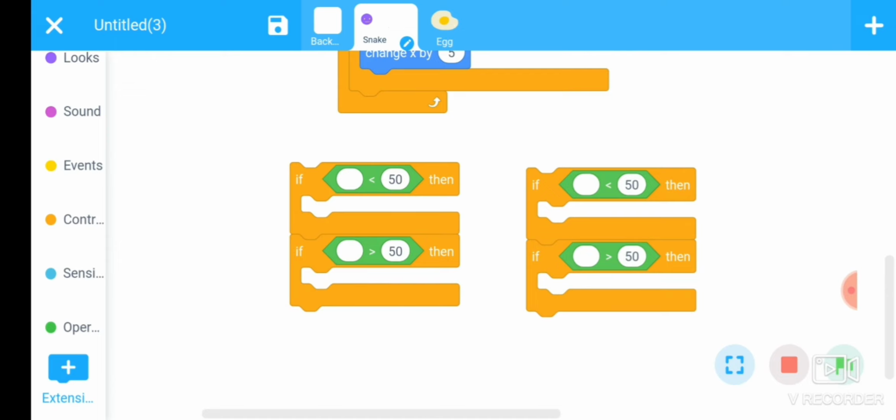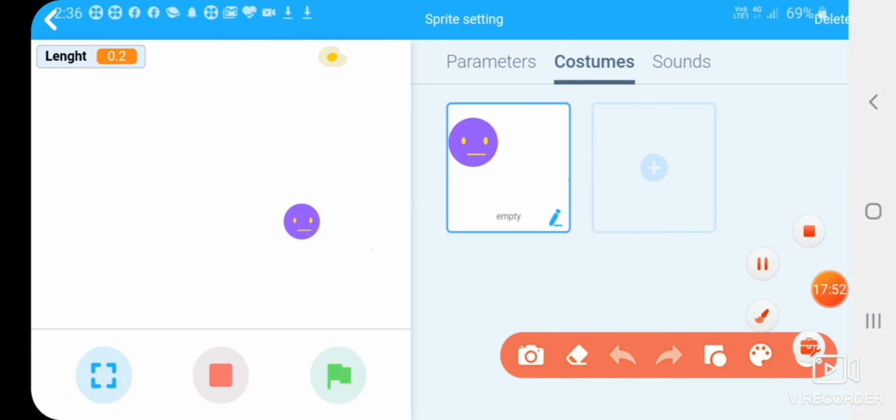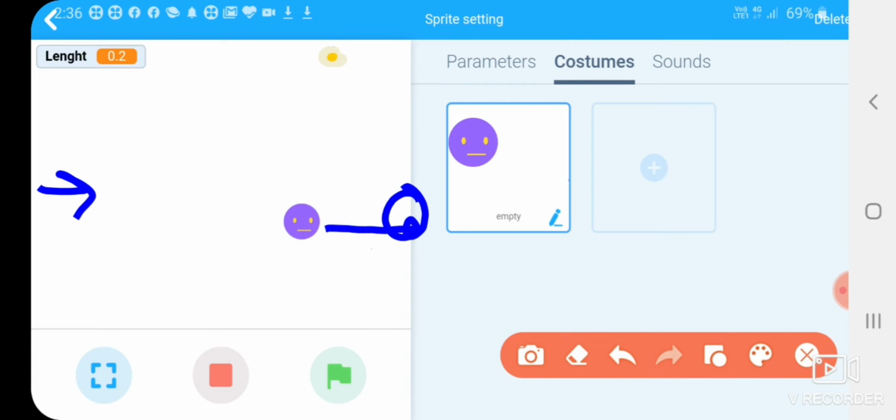Put their condition: if the x value, that means the snake reaches this point, it should come out from that point. When the snake reaches that point, the snake should come out from that point, and when the snake reaches that point, it comes out from this point, and so on for this one and this one.